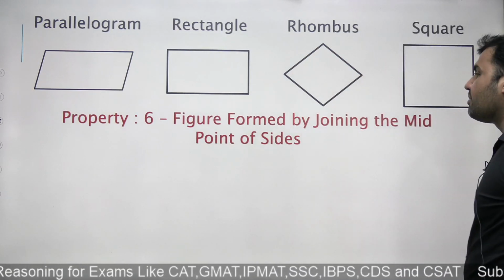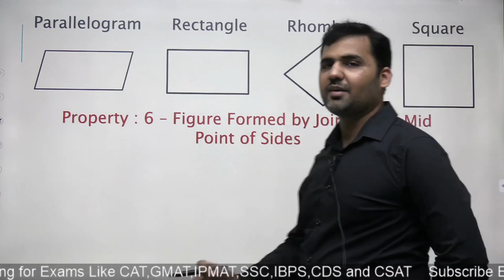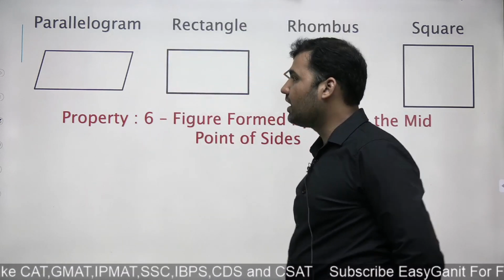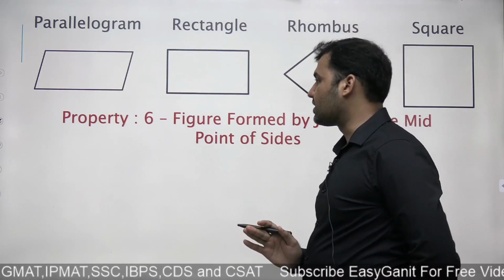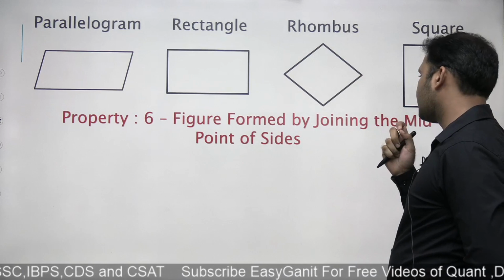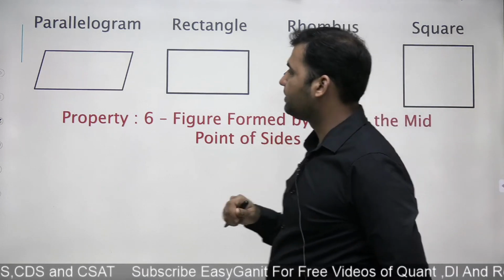Figure formed by joining the midpoints of the sides. Now, this is something very interesting. Very, very interesting, right? Advanced level property. Few students know about this. That when I join the midpoints of the figures, what is